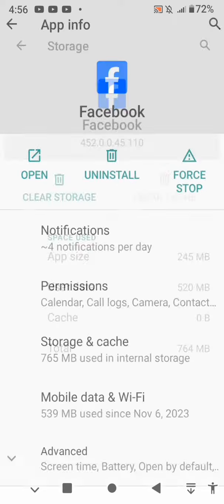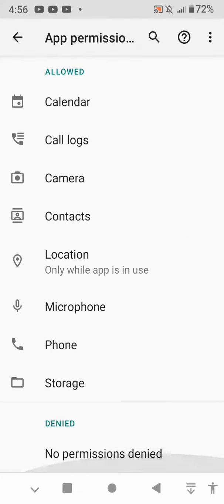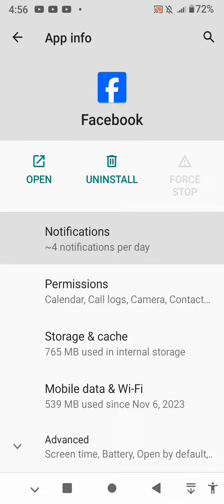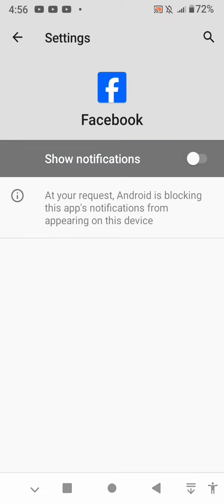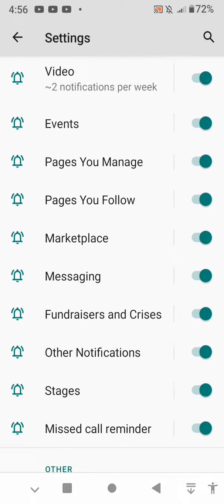After that, go back. Tap on the force stop, then you tap on OK. After doing this, tap on permissions and make sure every permission is allowed. Go back and tap on notifications and make sure the show notification is toggled on. So as you can see, tap on it to toggle it on and make sure every show notification over here